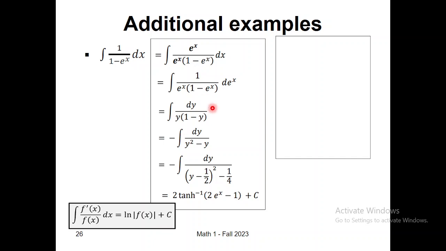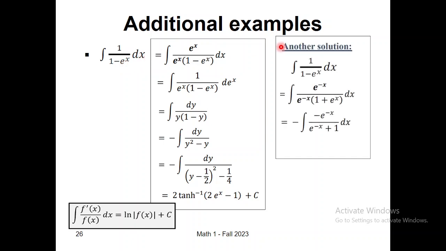So now this is an idea to solve this problem, but actually when we solve this problem, we didn't use this well-known problem. But actually we have another idea to solve the same problem, which uses this well-known problem. Instead of multiplying both numerator and denominator by e to the power x, we multiply both by e to the power negative x. Why e to the power negative x? In order to get a more simplified expression in the numerator, instead of having multiple e to the power x, if you multiply by e to the power negative x, the expression in the numerator will be only 1 plus e to the power minus x, because e to the power minus x multiplied by e to the power